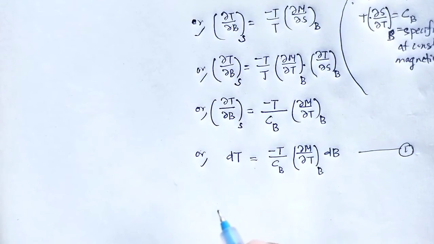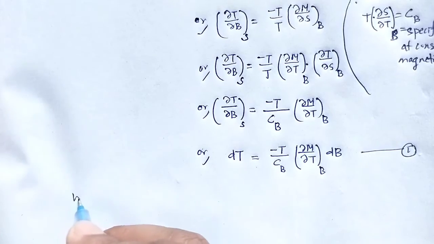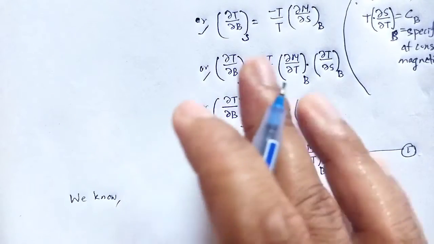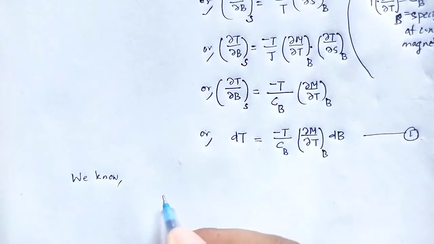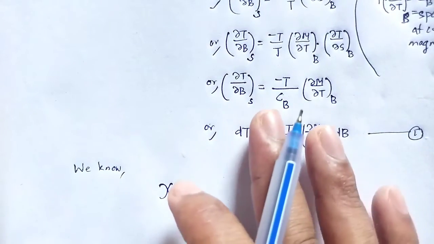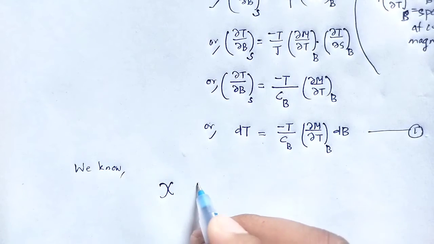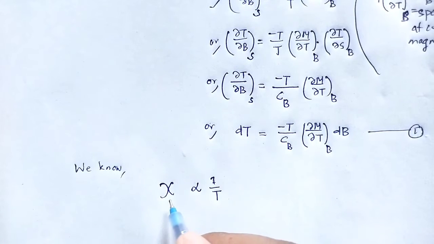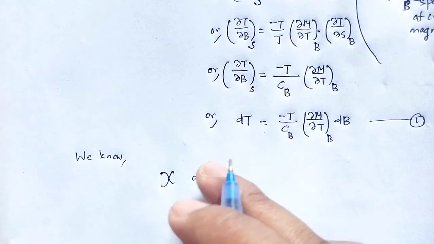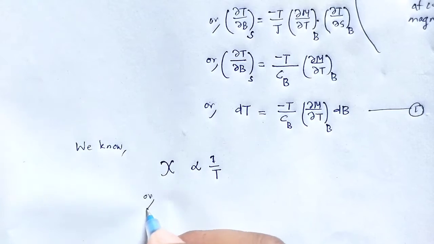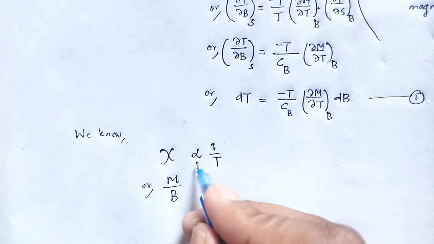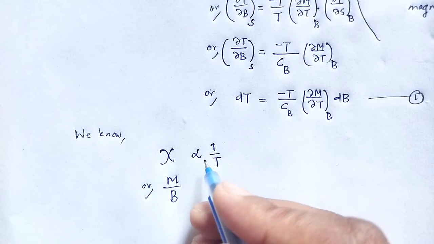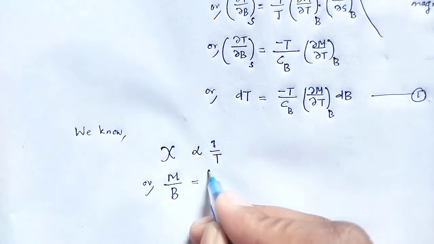Here we know from the magnetic susceptibility, that is chi, which is inversely proportional to temperature, and magnetic susceptibility is per unit volume. Magnetic susceptibility is the ratio of magnetic dipole moment to that of the external magnetic field B, and when we remove the proportionality, we use a proportionality constant, let that constant be K,